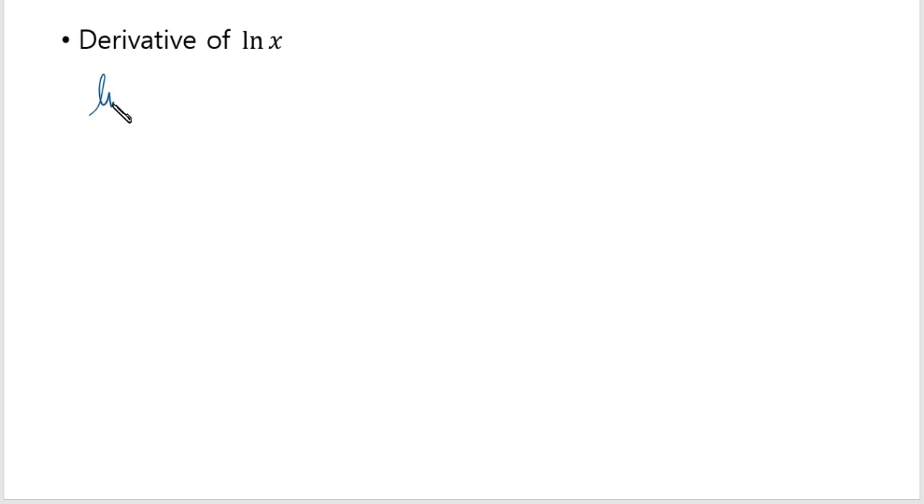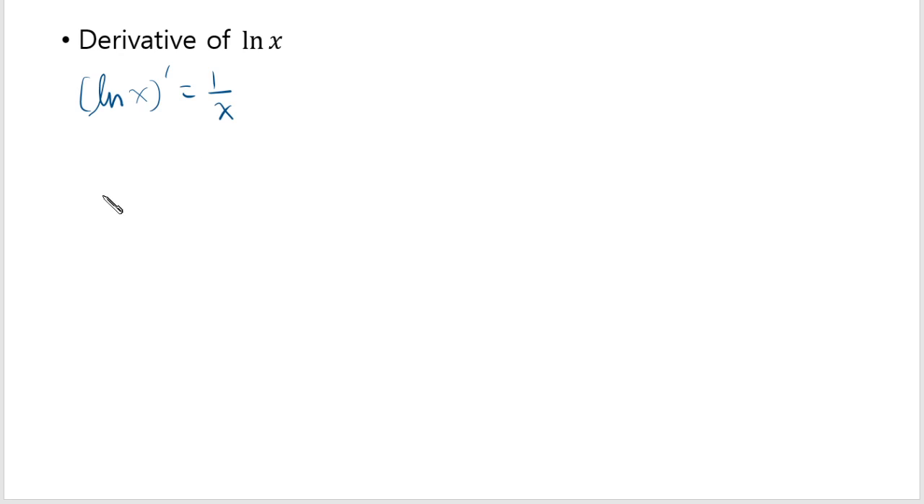We learned earlier that ln of x prime is 1 over x, but I did not explain why this is so, because to understand this we need the chain rule. Now we know the chain rule. I can explain why this is true, and the